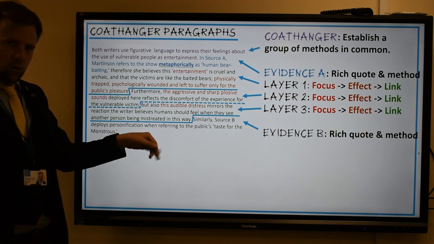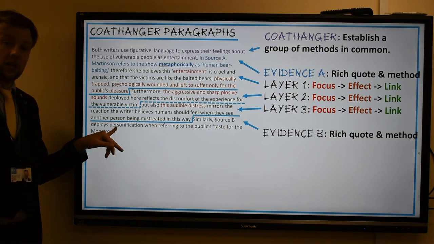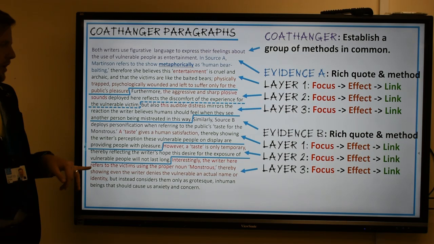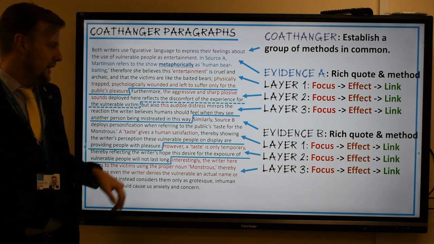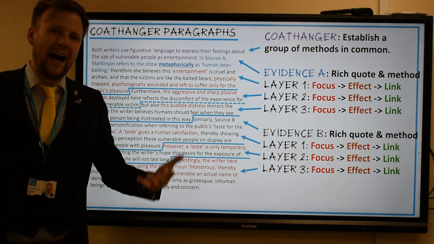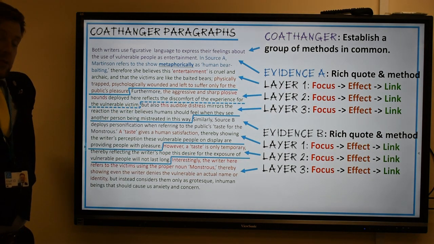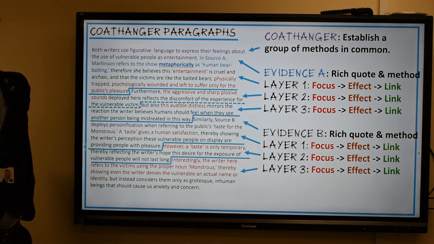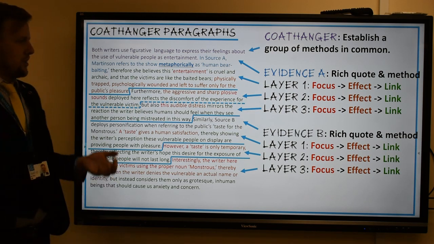So similarly, source B also uses figurative language, except this time it's personification. Here I go again: what's the focus, effect, link, and once again I then talk about some of the word choices, so I'm adding more methods to it. This is one paragraph and there's a lot going on, but my examiner is loving it because I've shown perceptive